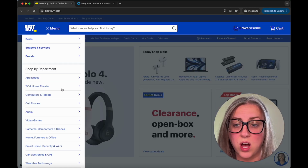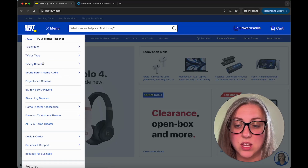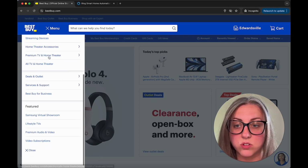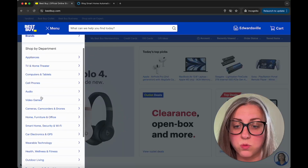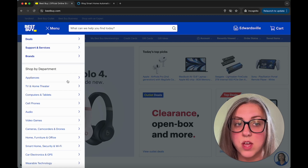Also, there's no hover over functionality, which makes sense when you just have big lists like this, but I have to click in order to drill down, and it's not very visually rich. There's no imagery, there's not even really variance in design. It's a lot of reading, and it's kind of confusing. So this is really not a good user experience, and I feel like they're not taking advantage of the desktop